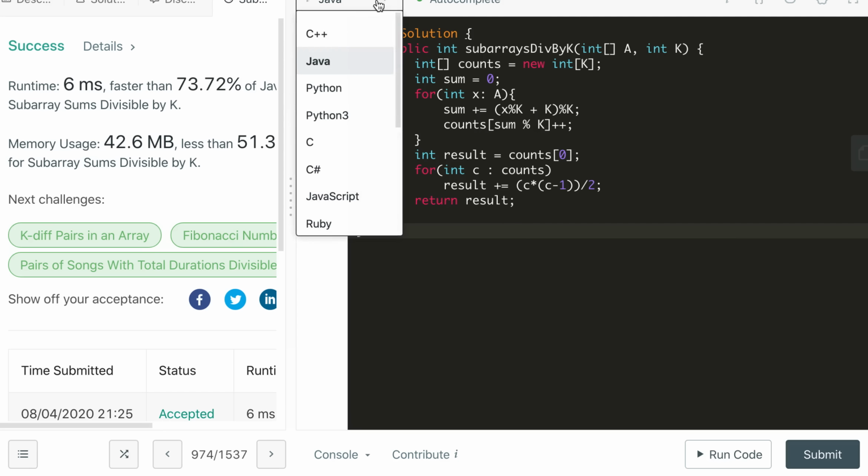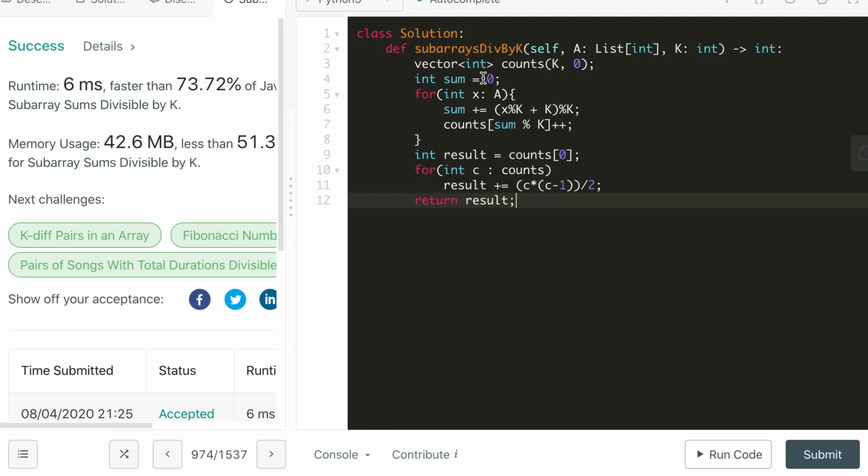Now we will write the same thing in Python 3. Here we don't need this, so we don't need this also. This will always return between 0 and k minus 1, irrespective of positive or negative.